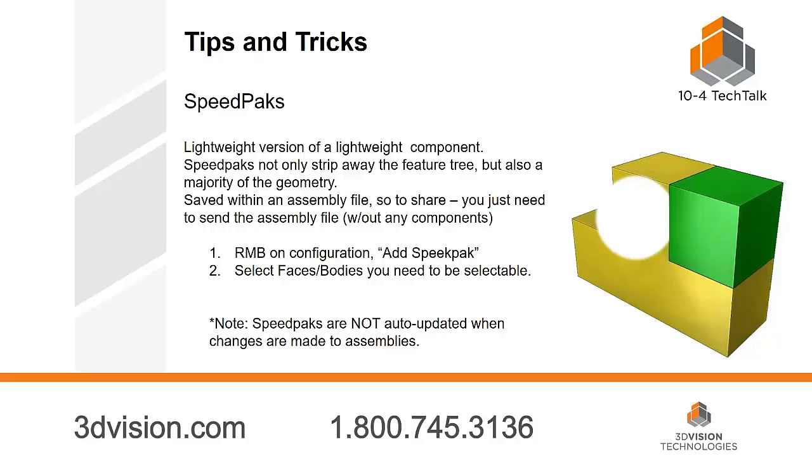So let's say it's a part that has a certain face that you're mating onto something else. The rest of that part doesn't matter. So SOLIDWORKS just loads the graphics of it, but that face that you're mating to something else stays intact and it's available for selection, anything like that. To do that, you just right mouse button on, again, a component or the configuration and say Add Speed Pack, and then you select what faces or bodies you need to still be selectable when everything else turns